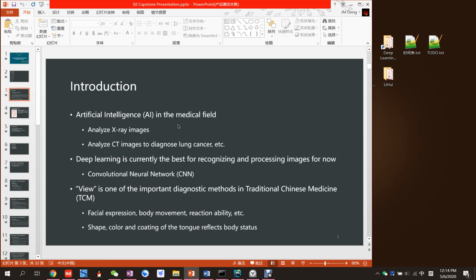There is a method called view in the TCM. This method helps Chinese doctors give a diagnosis for patients by their body movement, facial expressions, and so on. For example, tongue diagnosis is a specific method of view. Chinese doctors observe the shape, color, and coating of a patient's tongue to give a diagnosis for the patient's overall